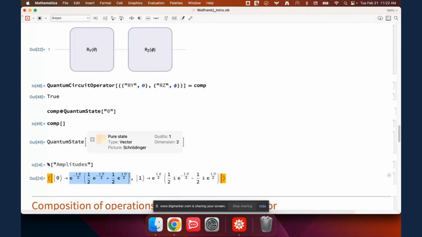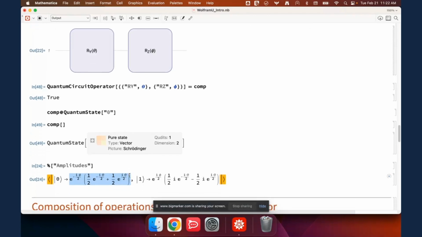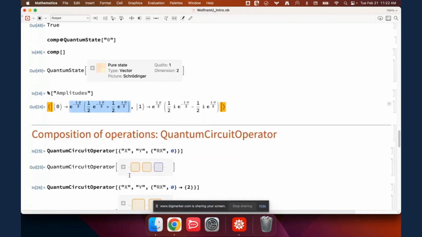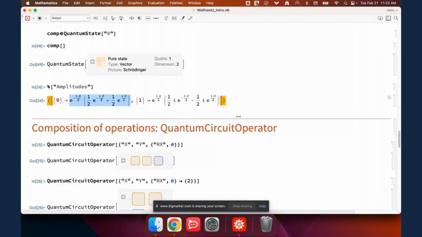Okay, one important thing to remember about Wolfram language: it has a very strong feature. Maybe the characteristic trait of Wolfram language is that you can do symbolic calculation. Now let me give you more information about this composition of operations, which